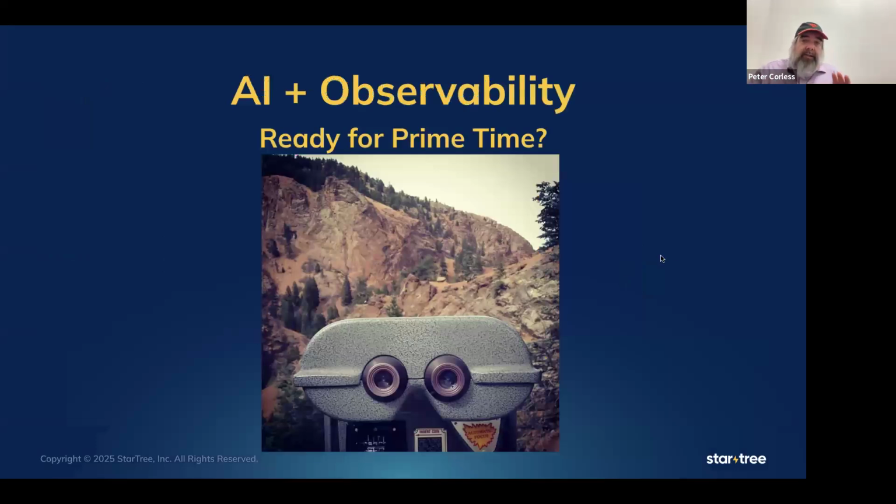So I do want to touch a little bit upon AI and observability because this is a very interesting topic and a lot of people have questions about it. Is it ready for prime time? I was going back through the history of AI ops, as it's called, and that term was coined back in 2016. So shouldn't we have already been here? Isn't that a decade? Shouldn't everybody have AI observability? But I think it's seen sporadic progress over this past decade.